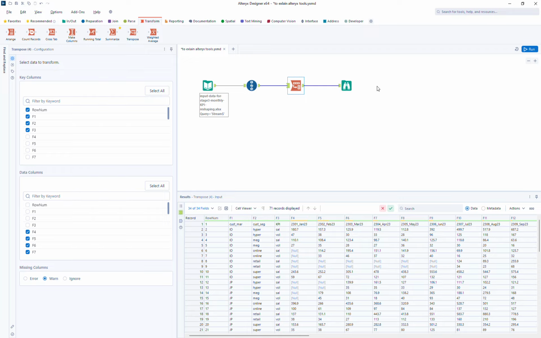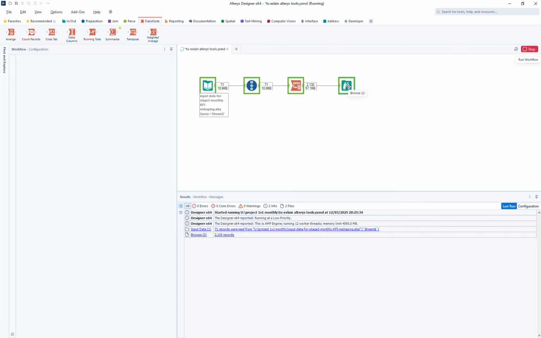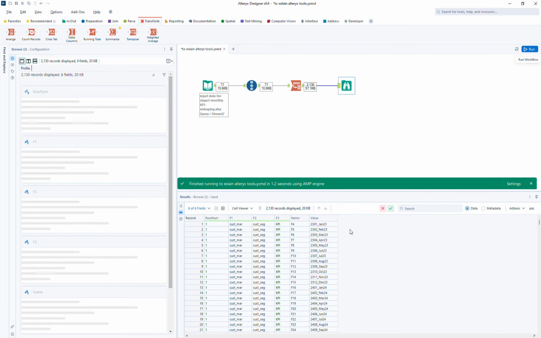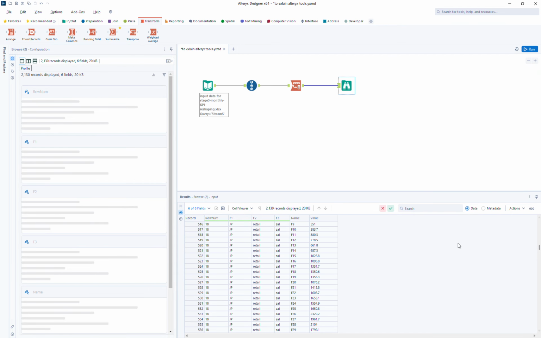So after I run the workflow, it will look like this. Okay, so in here you can tell, for example, this value 551 here comes from row 18 and column 9